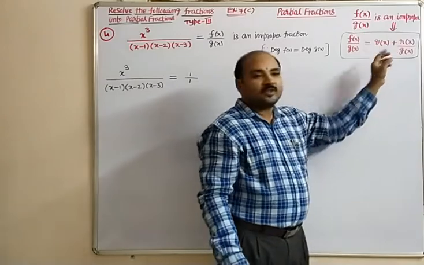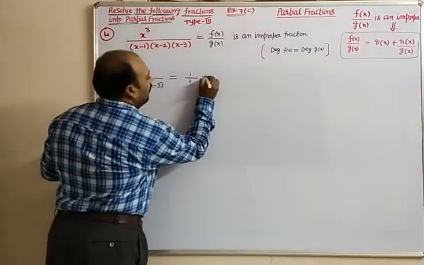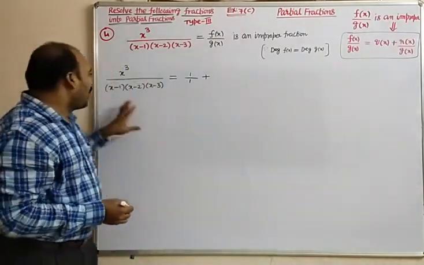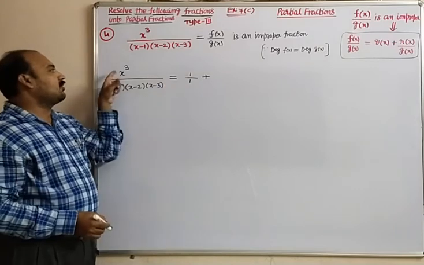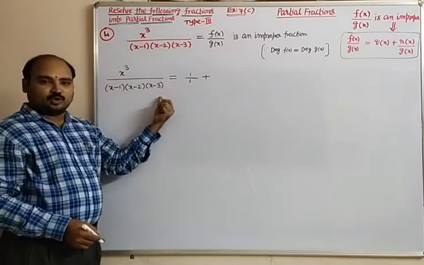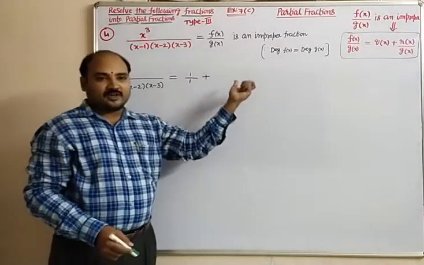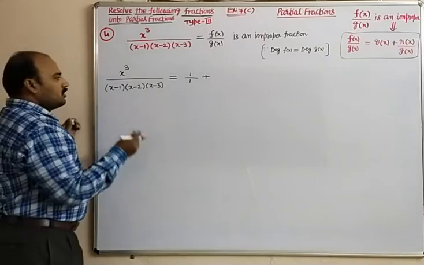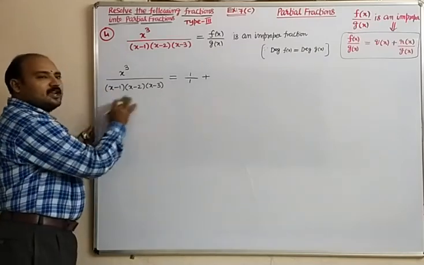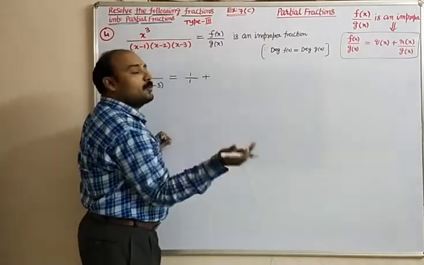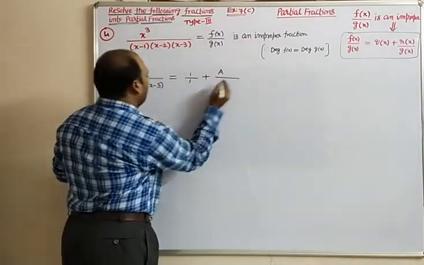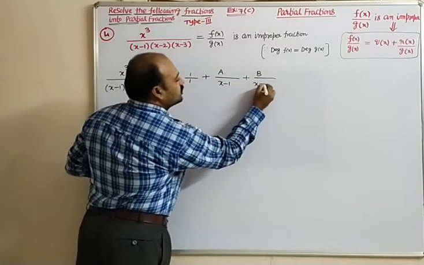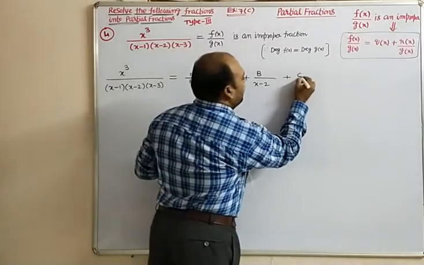Here the quotient is there. Plus, how to write r of x? The doubt will arise. No need to worry about r of x. After writing 1 by 1, coefficient of x cube divided by coefficient of x cube in the denominator, plus the remaining r of x, the remainder divided by g of x, is a proper fraction only, no? After that, how many factors are there here? Linear, 3 linear factors are there. General procedure, go to the proper fraction method: capital A divided by x minus 1 plus capital B divided by x minus 2 plus capital C divided by x minus 3.